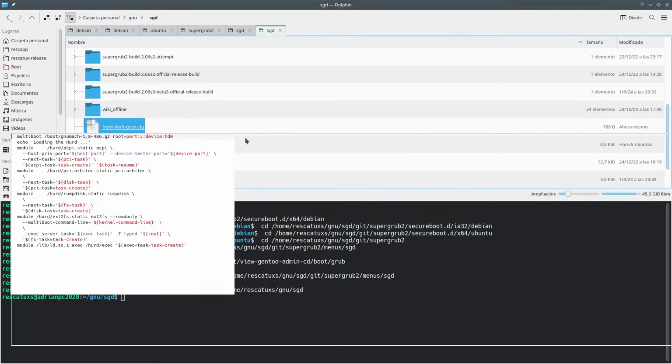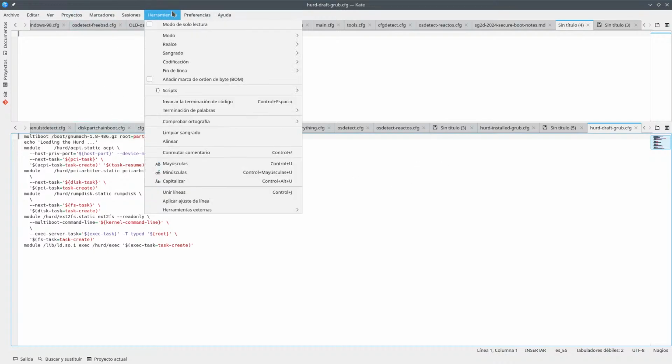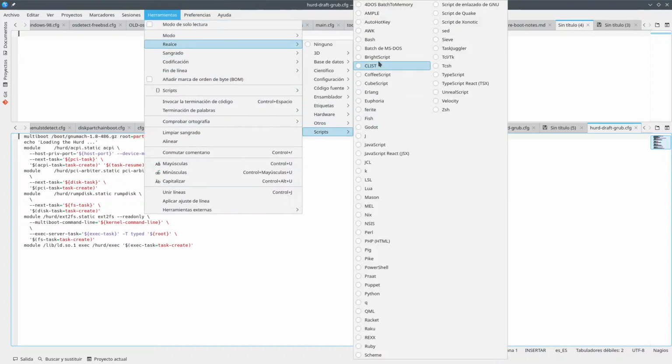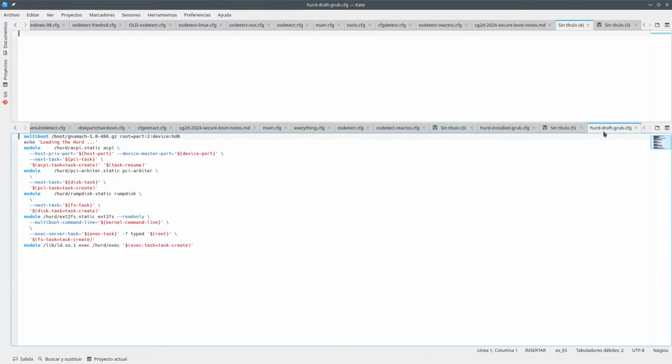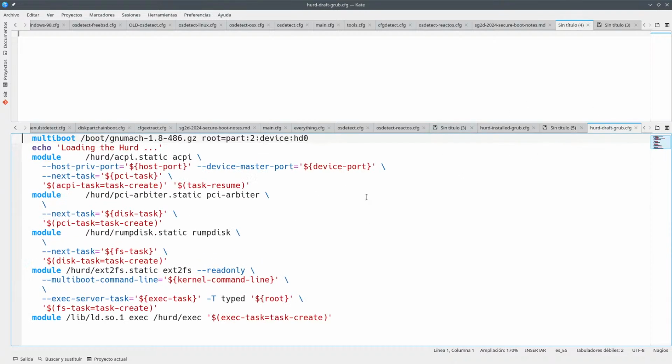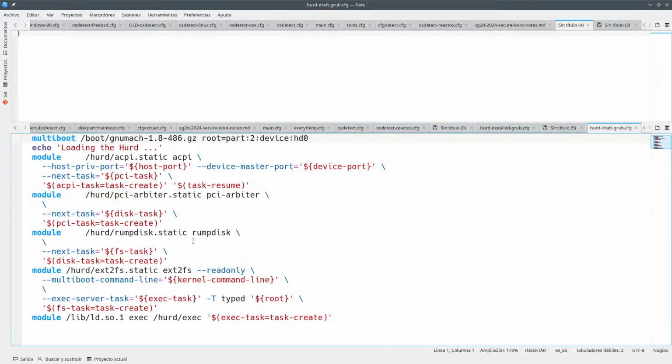So we can open this from here, and we can say that this is bash, and that's it. I mean, if this is lost, I can have this thing here. So this is what we want to do for the next day.